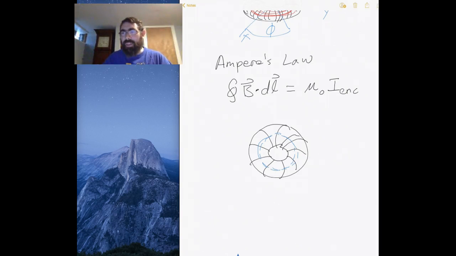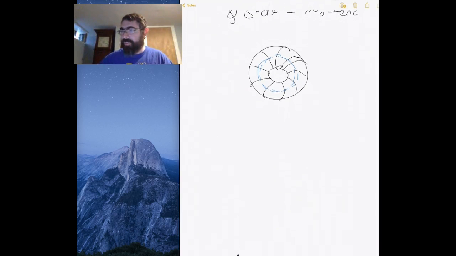Okay, so in that way, basically, what we're going to have is our Ampere path, and then there are going to be